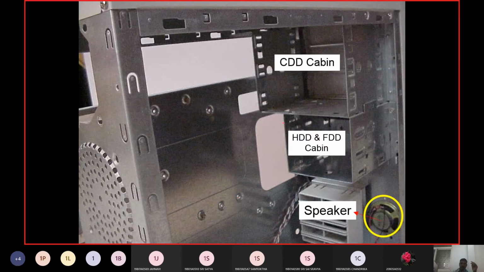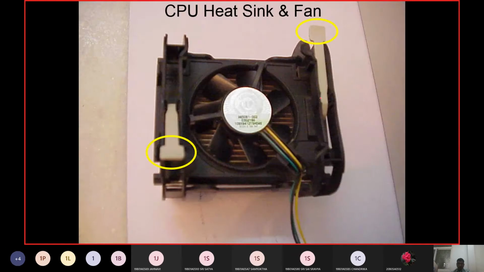Now in another view, you can see here, this is the cabinet, and the other thing was you can connect the secondary storage device, the hard disk, then you can connect the floppy disk, inside the cabin. Then we have the speakers, etc. For the sound amplification, we are going to have the speaker.